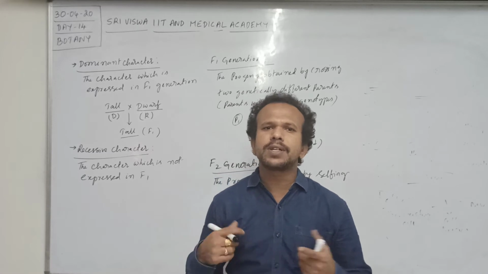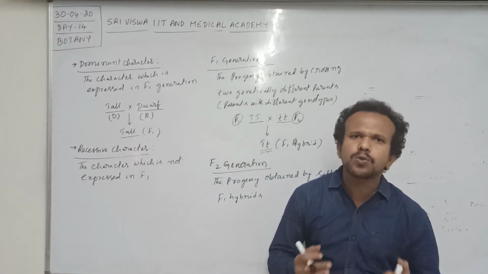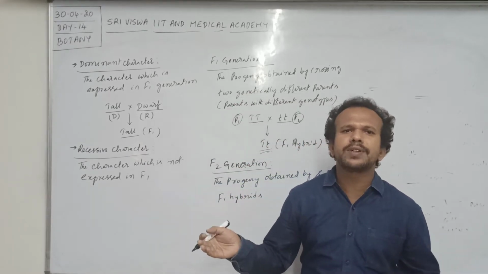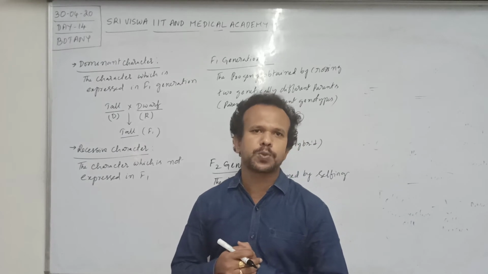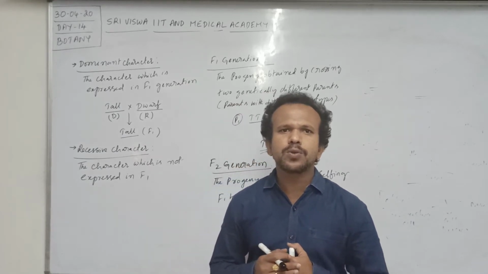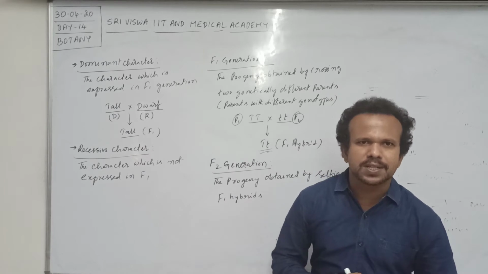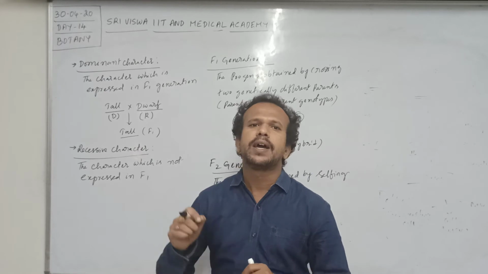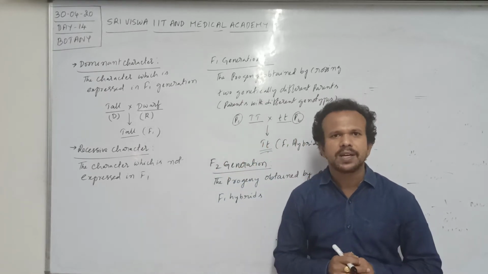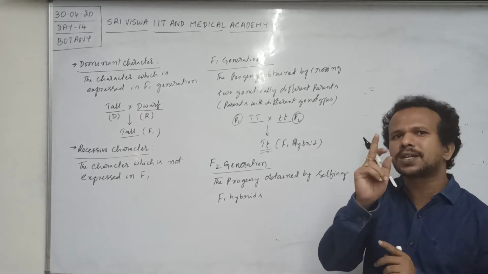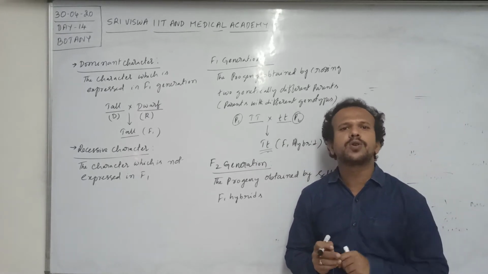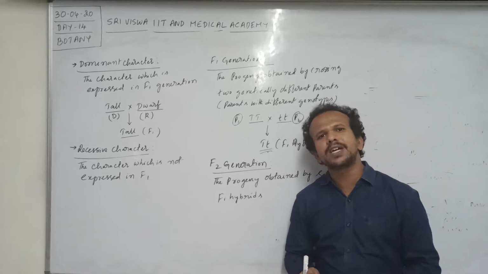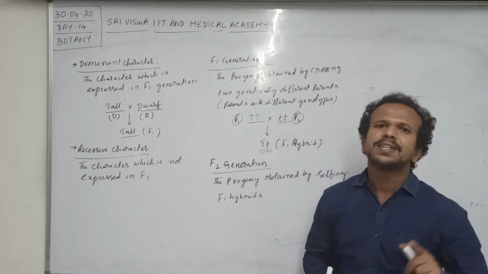Whereas xenogamy, what is xenogamy? Xenogamy is a true cross-pollination. It is a kind of cross-pollination that occurs between two flowers belonging to two different plants of the same species. I mean two different flowers of two different plants are involved in xenogamy. Hence xenogamy is true cross-pollination. In genetic terms, cross-pollination is xenogamy, but not autogamy. Autogamy means self-pollination, but not geitonogamy. Geitonogamy is morphologically cross-pollination, but genetically self-pollination.